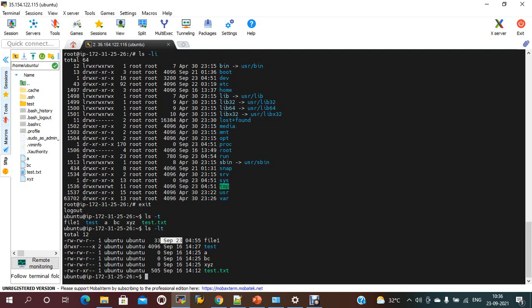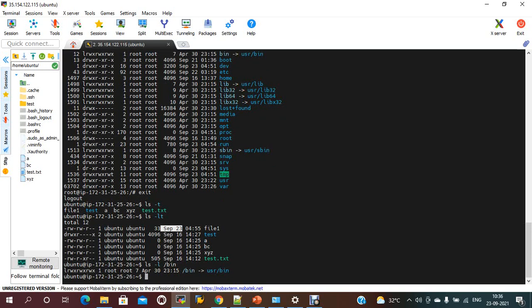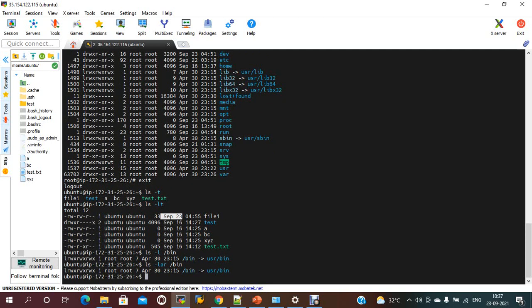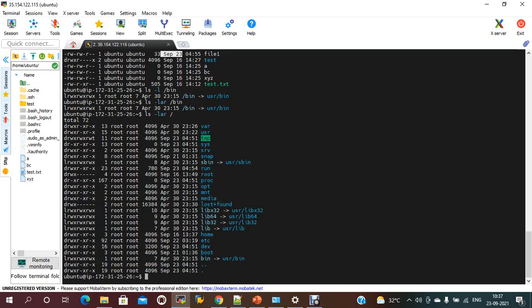Okay, if you want to see files in some other location, suppose I want to list the files and directories in the bin folder. Under root there is a bin folder, right? So we can see with ls -la, under root I need to see bin. So there is only one folder. Like that you can display the files and directories. Okay, that's all about the ls command.